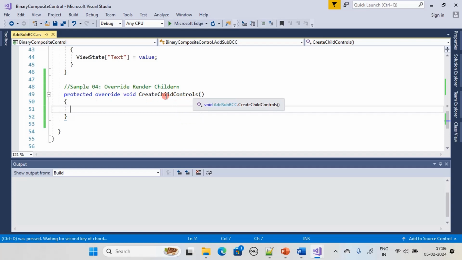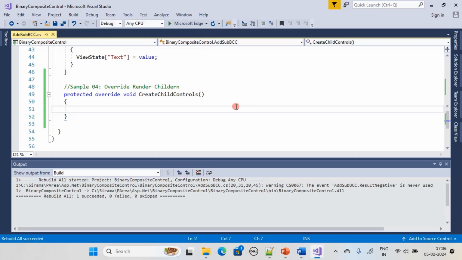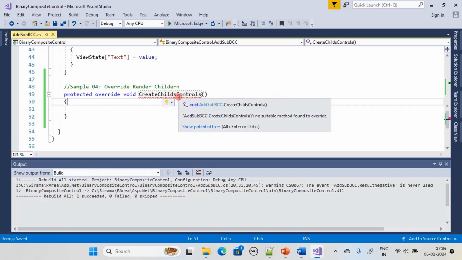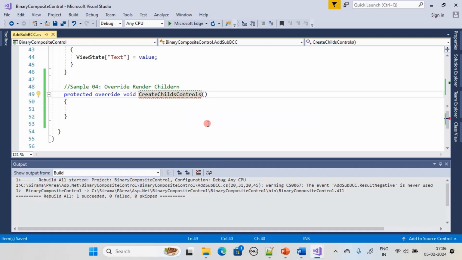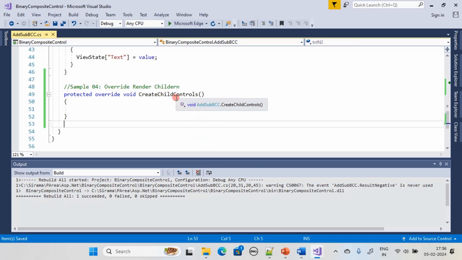If you see, the override keyword is doing the correct job here. Now, if I remove it, this is the exact function we have to override, CreateChildControls. So first, let's